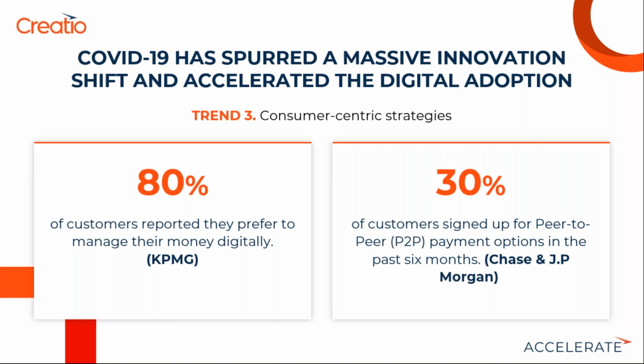And the third trend is consumer centric, right? So for example, when COVID-19 was going on in 2020, if I had to get money from someone else, I did not want to touch that cash because people were worried about how COVID was being transmitted from one individual to the other individual. What if somebody coughed on that currency and then you had to take it and you're touching that? So people were avoiding even touching those currencies as well, right? So what that means is that the money transfer happened digitally.